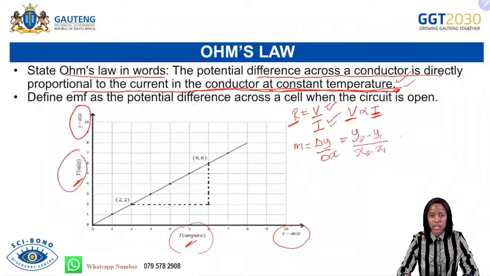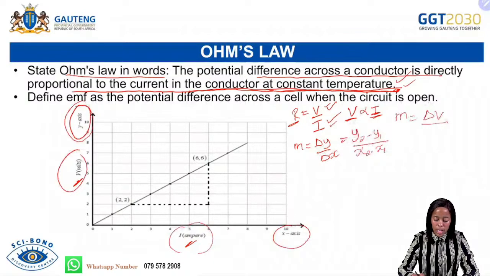So if we are to represent whatever we have on the graph according to Ohm's law, then this is what we are saying. We have m is equal to change in V. The change in V is the same as on the y-axis, I have change in V, divided by